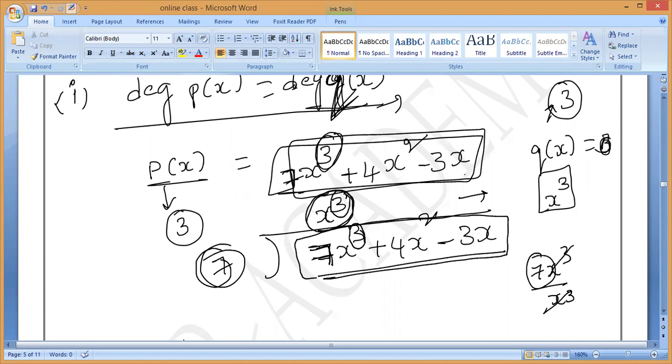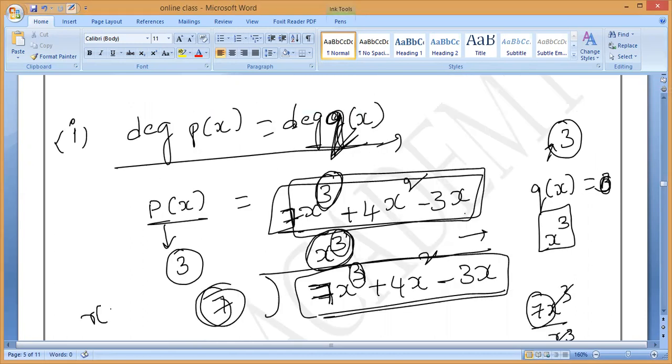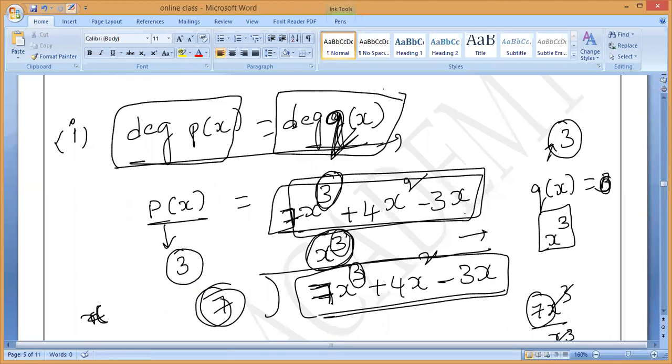One more example also, madam will say, don't worry. So now you do the division process. Any example you can make, your choice. But you have to get finally the degrees equal. Should R become 0? It's not a rule like that. It is not mentioned. They are not saying that R should become 0. Only the degree of P of x equals degree of Q of x. Here whether R becomes 0 or not doesn't matter. Only we have to be concerned about the degree of P of x and the degree of Q of x. Understand?